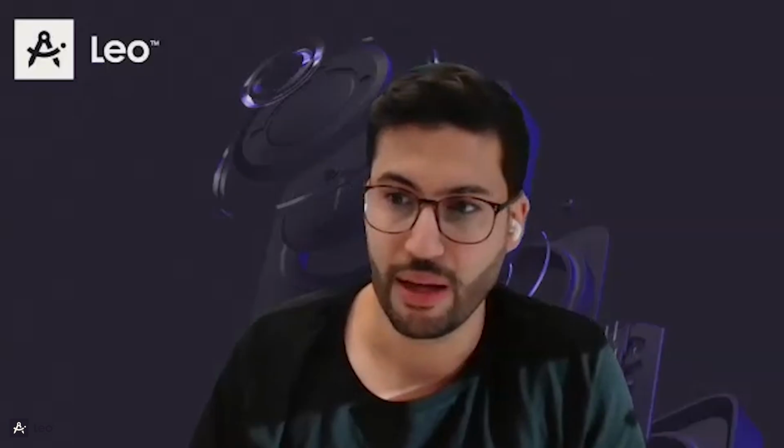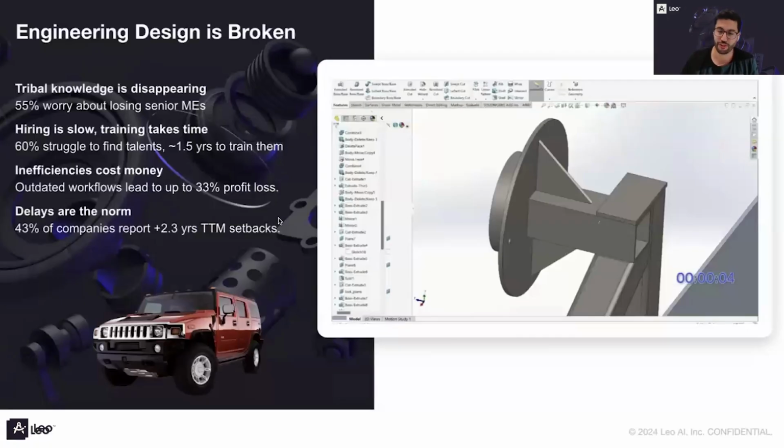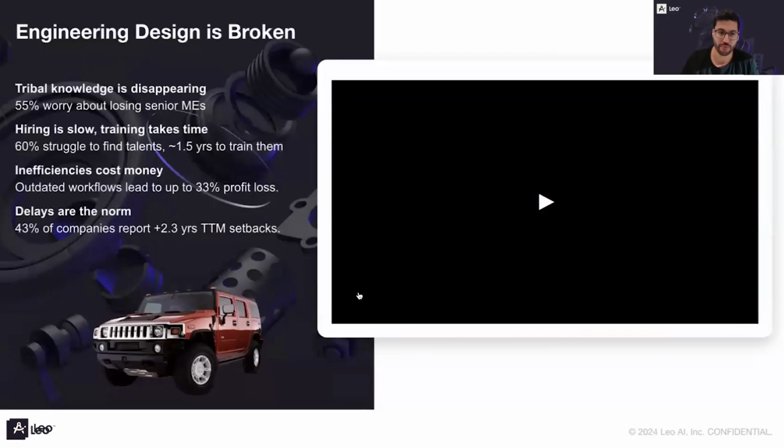Just to start from the end, today Leo has been serving more than 57,000 mechanical engineers all time from across the globe. The average of time saved with Leo is something like 5 hours per engineer per week. Leo is being used specifically to answer questions based on your organizational data. So you can think about it as an AI integrated into your PLM, Windows directory, the first AI to understand CAD and answer questions based on your tribal knowledge and organizational knowledge. And this is the first AI made by and for mechanical engineers.